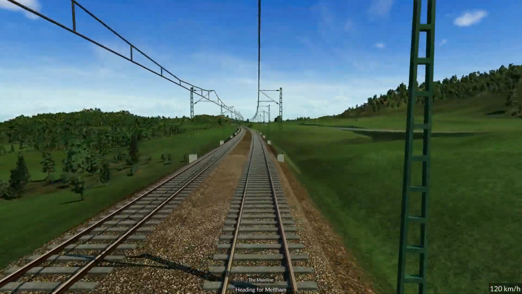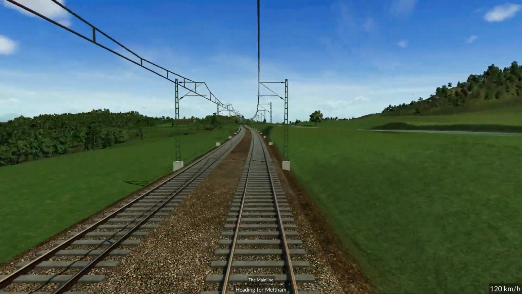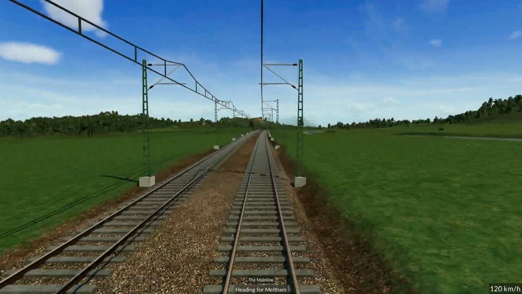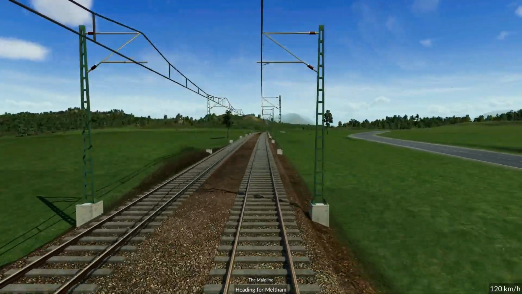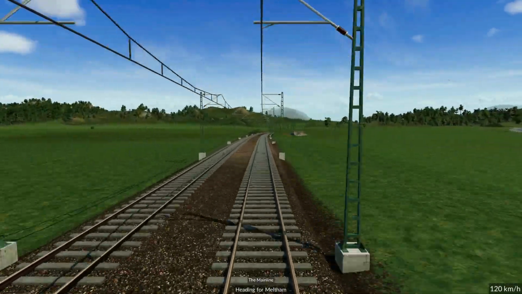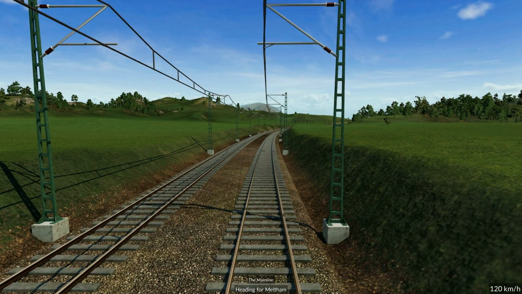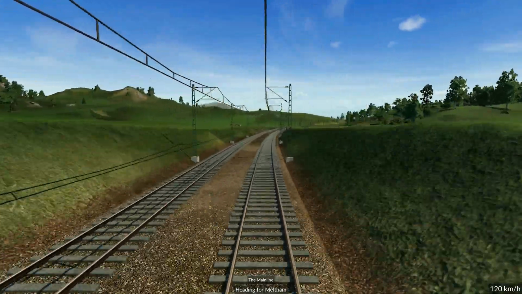Given we don't really need this catenary per se, but I think it would be a nice addition, and we are currently riding the main line heading over to Meltham. We are riding at a nice comfy 120 kilometers an hour, and I always wanted to see how it would look, and apparently I believe we can see, I don't know if it's a DC-3 Dakota or something else,